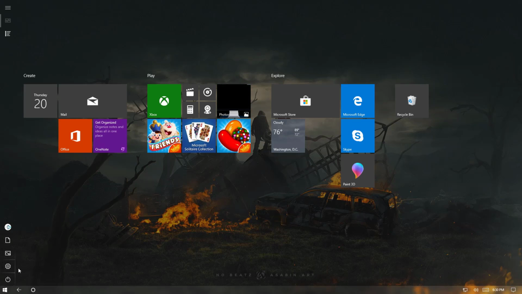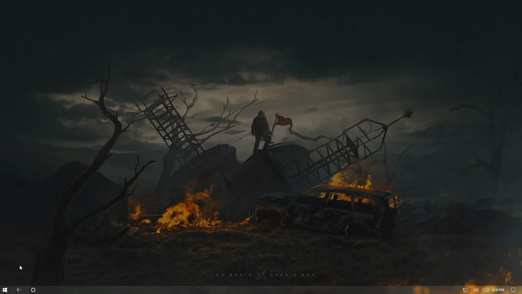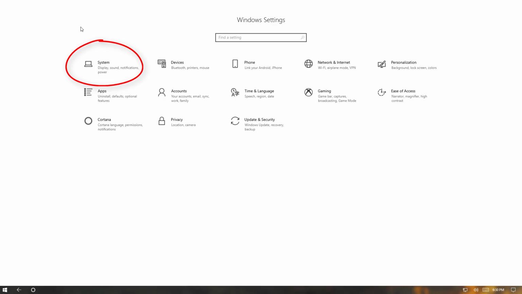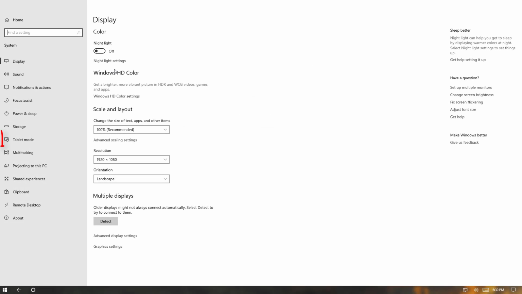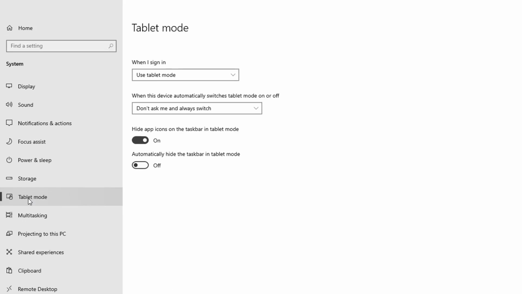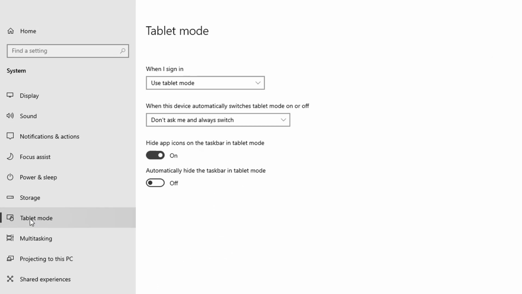So first of all, we have to go to the setting, click on the setting button, and now Windows setting. Here you have to go to system, and now choose tablet mode. So here you can see the tablet mode selected, and